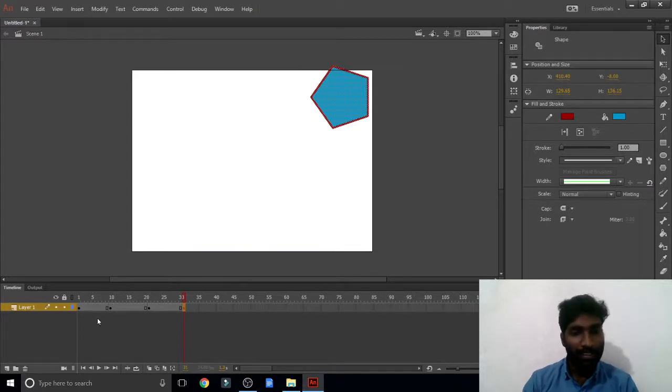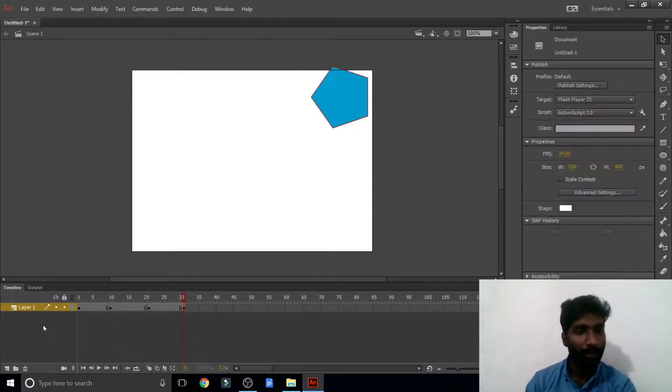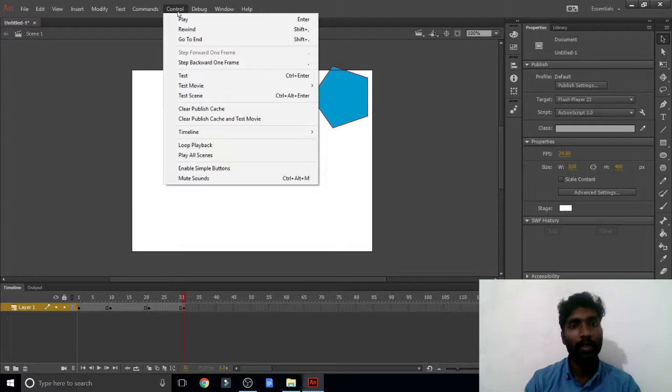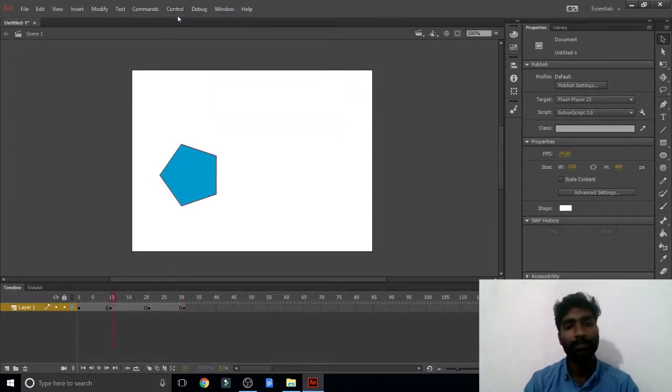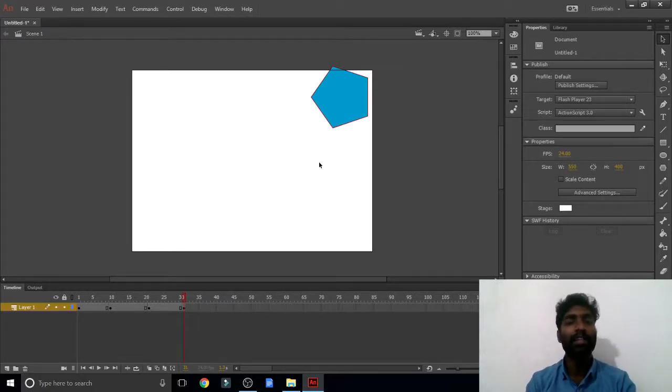Now this is the timeline, in seconds. It shows your animation video timing. Here I inserted 1, 2, 3 keyframes. Here we can add a layer. The default is Layer 1. If you want to add a layer, you can add one. Now see here, if I play the animation, Control, Play animation, just play. So this is the animation they showed in the 8th chapter.